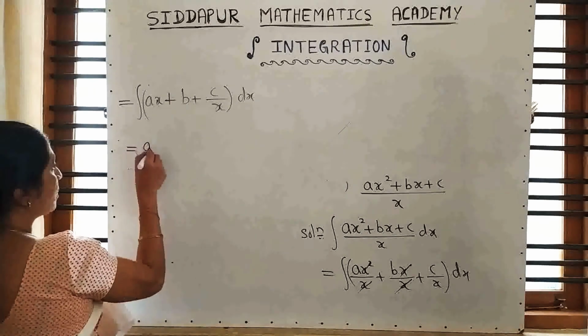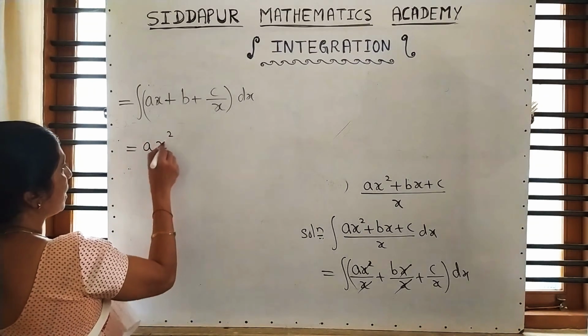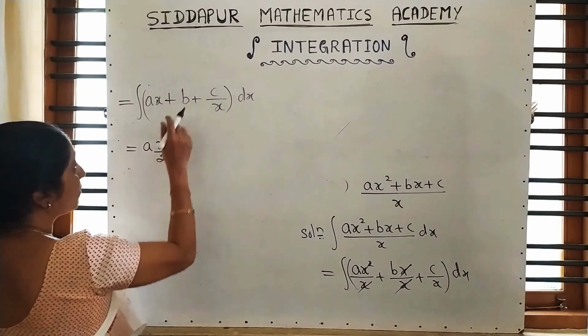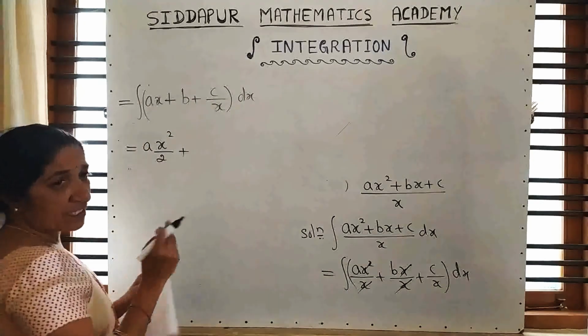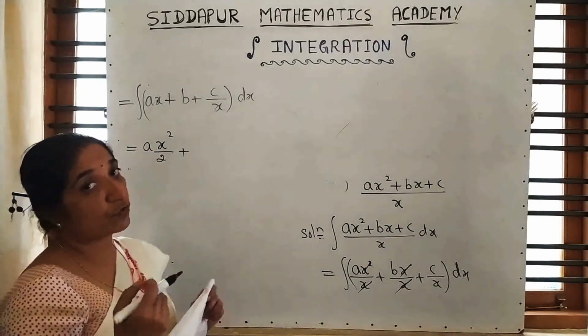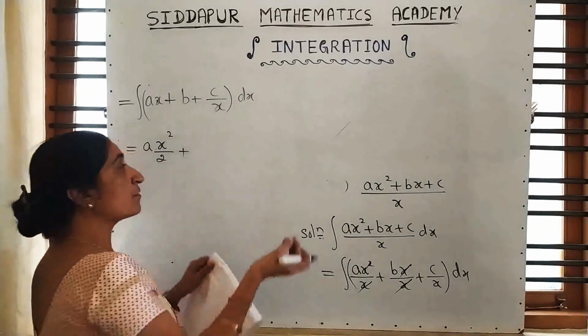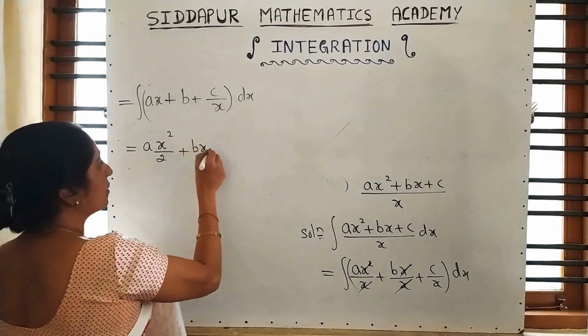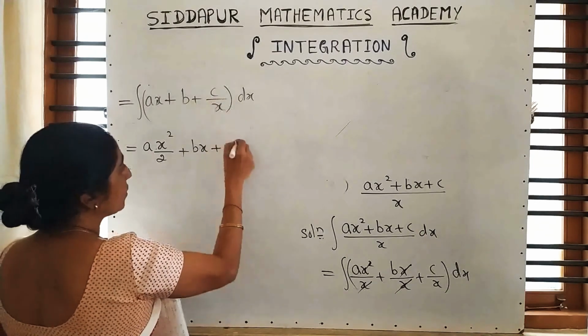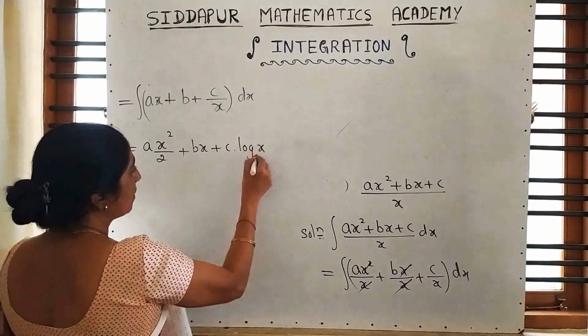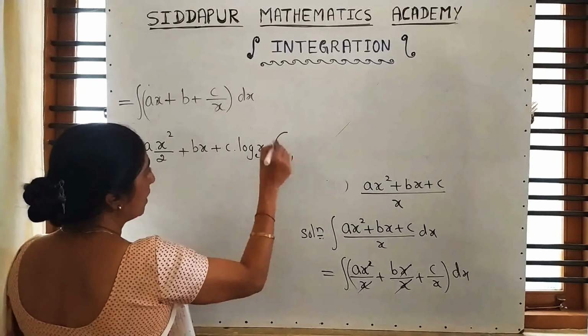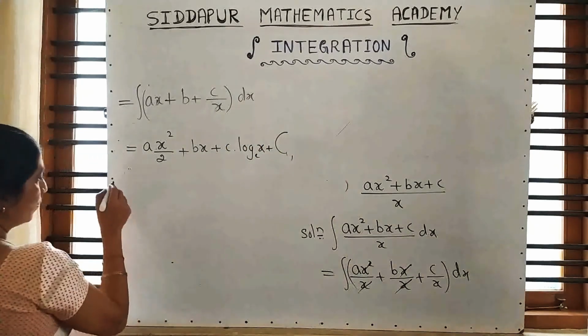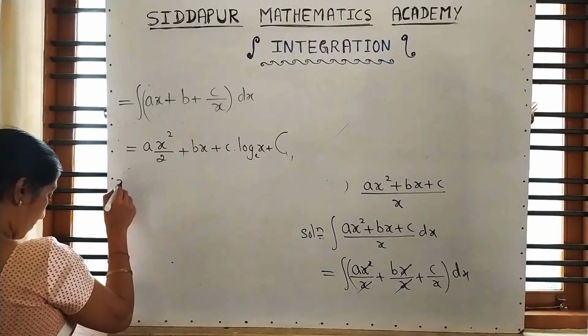So a constant, integration of x is x square by 2. b constant means it is just like integration of 1 or integration of 2, like that. If only constant, we are integrating with respect to x, so 1x comes there, plus c. And what is integration of 1 by x? Log x to the base e, and I am writing c1 here, constant. It could be anything. Then question number 35.